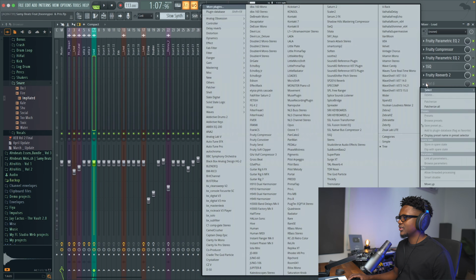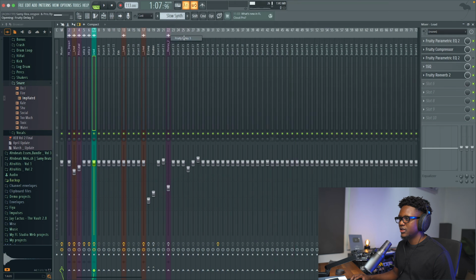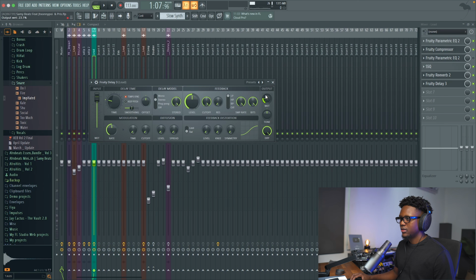We can add some delay. Let me apply the floaty delay to it, and I love adding the ping-pong delay and then make sure that it sounds a little bit stereo and lower the level of the feedback so we don't have a lot of